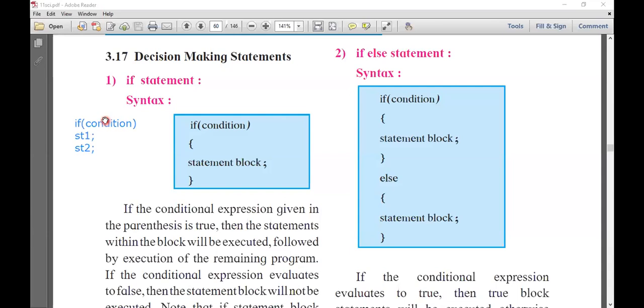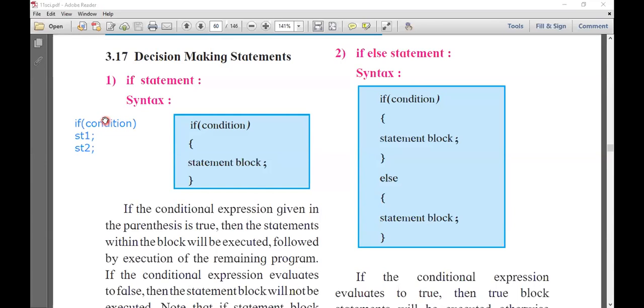You have to understand this very clearly, how the condition checking is done and how control jumps from one part to other.